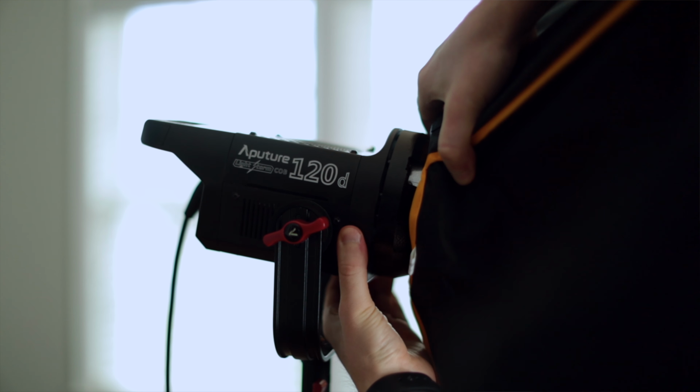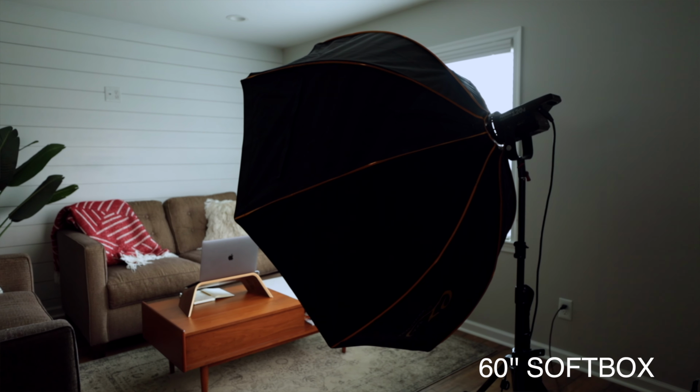Which brings me to the next one, the 60-inch softbox, which I just got and I'm super pumped about it. I'm actually using it right now. It basically looks like I'm sitting in front of a big window. Everything's nice and evenly lit. The window's actually over there, but I've got it shut because it just keeps fluctuating too much, and it's too bright on this side of my face or it's too dark, and this gives me just total control, super consistent, super soft look. It just makes my lighting setup super easy for YouTube,